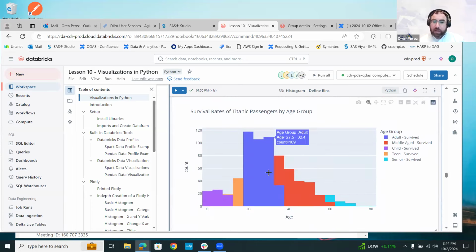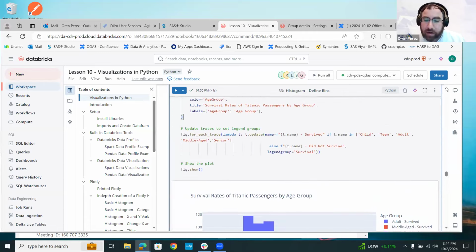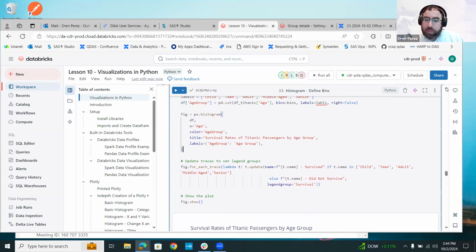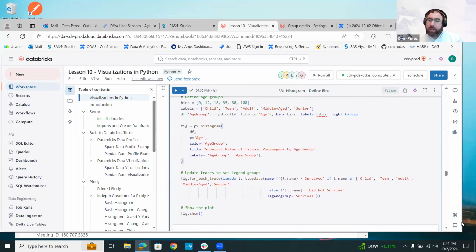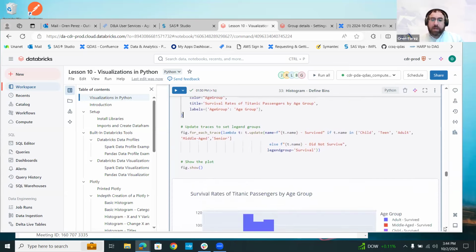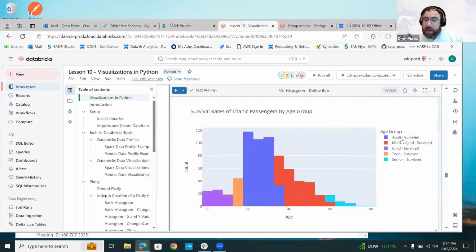And yeah, you can see, I don't actually think I did anything with survival. I think having that in there was probably a mistake, but not a big deal. But you can see that right here, we can have our age group defined, and you can see that some of these bins are now defined